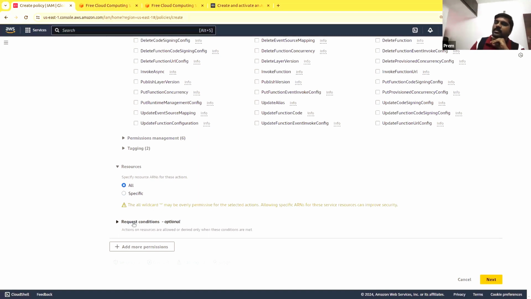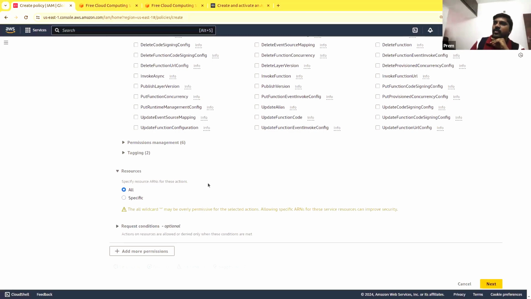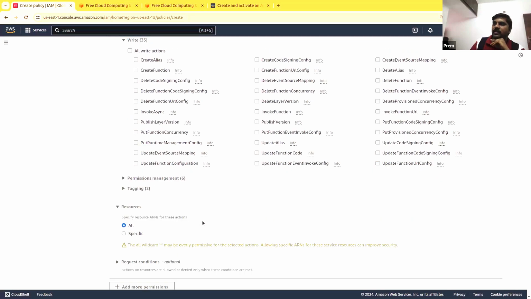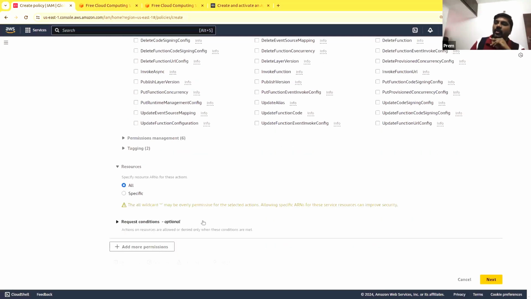And you can also add conditions. The condition can be that whoever is assuming this role or this policy should have a specific tag attached to them. If you give that kind of condition, even though you are assigning a role or a policy to a person, they will not be able to use it unless they meet the condition. The condition may be anything.